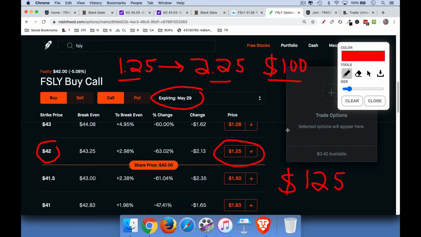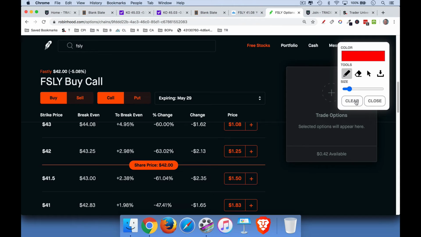100% return on, call it return on investment. Now, what would be required for the option to move from 125 to 225? Well, if we want to look at it from the perspective of at expiration, or very close to expiration, in order to break even on this trade, because it is a 42 strike price, we would need the stock to